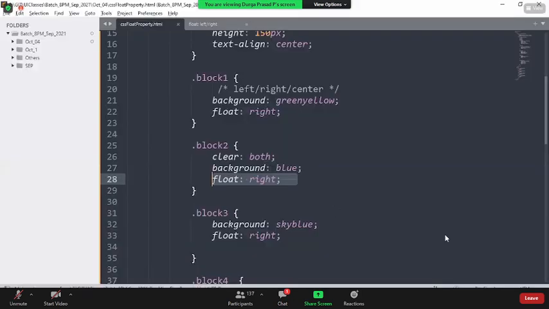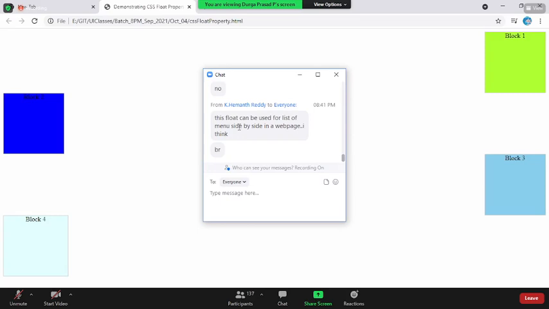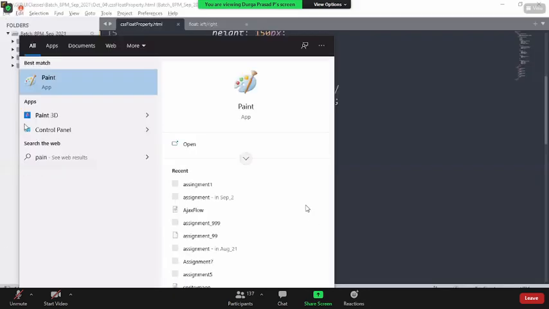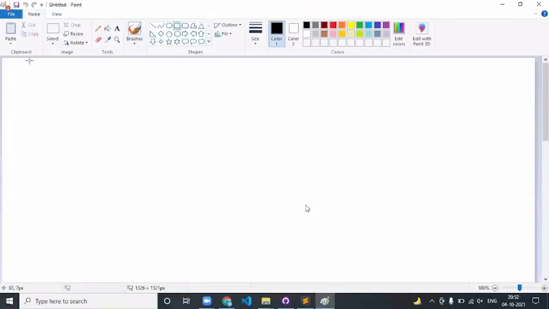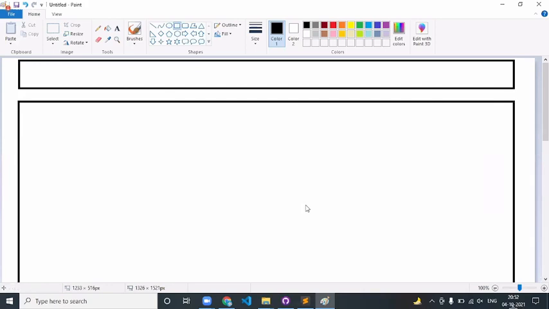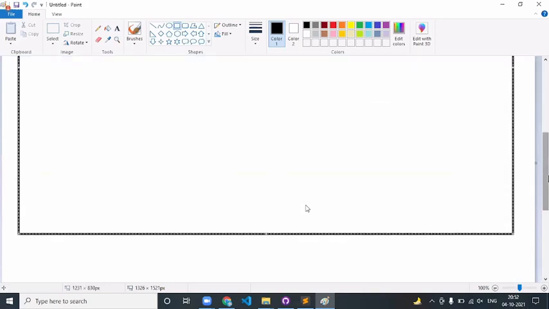Sir, where will we use this in real time? Real time. This is so clear, right? For example, there are 2 images which need to be on the left side. At the right side of that, I need to show the details. Okay, let's go with a simple assignment. You yourself will tell where it actually has to be used. I want to show some student details, guys. This is assignment 2 for you. For example, this is the container, and this is how I have the details block.